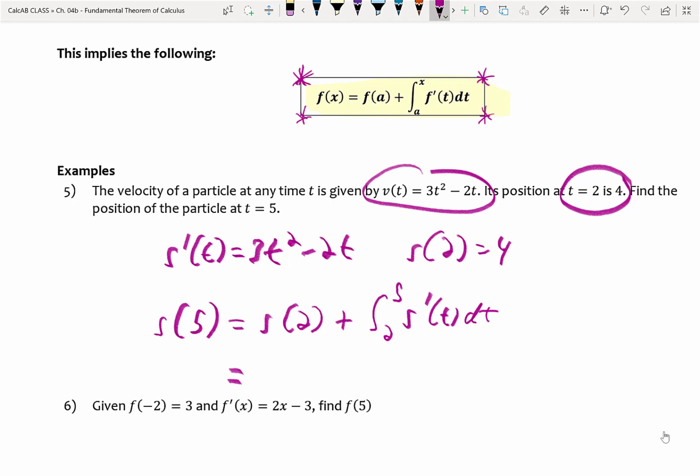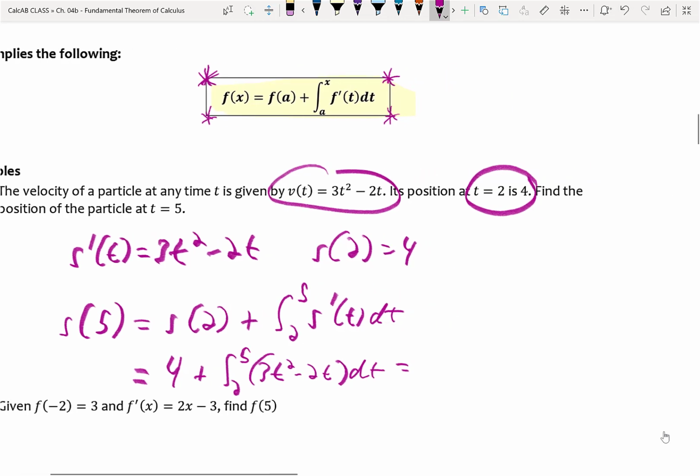S of 2 is 4. The integral from 2 to 5 of s prime of t dt is the integral from 2 to 5 of 3t squared minus 2t dt, which is 4 plus t cubed minus t squared, evaluated from 2 to 5,